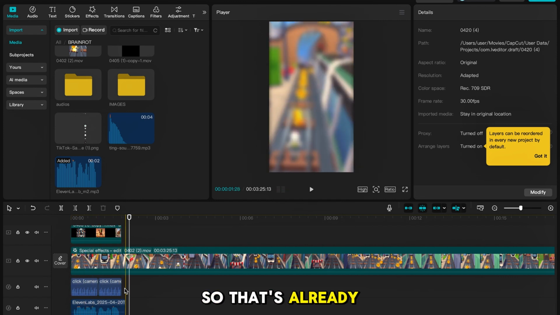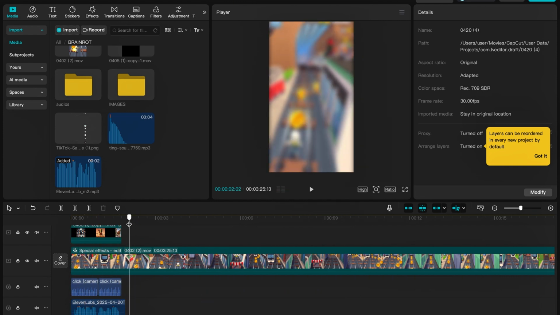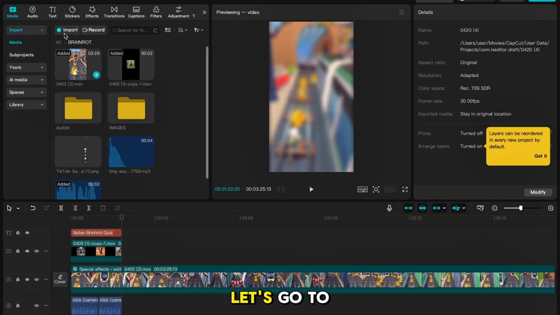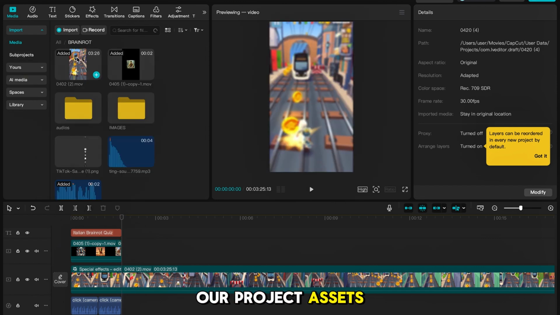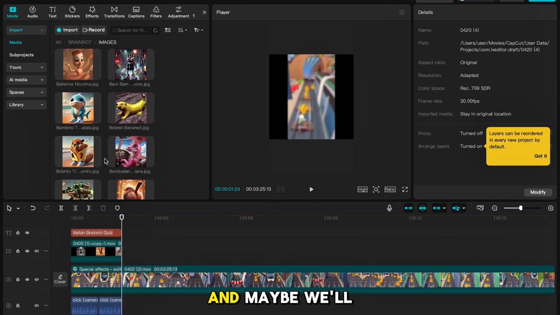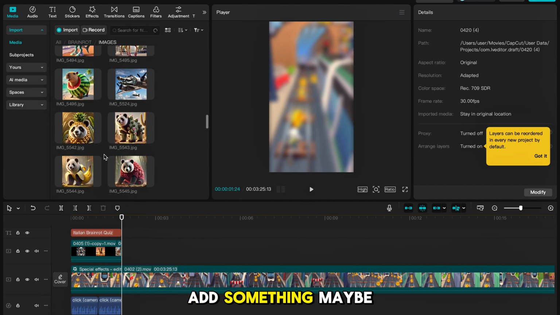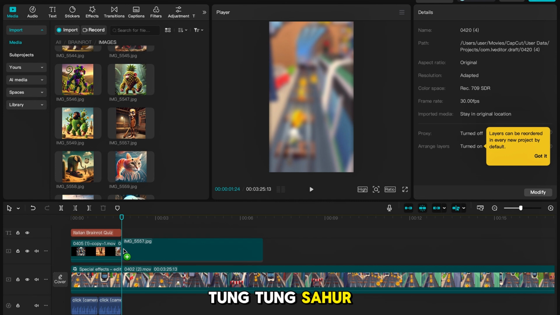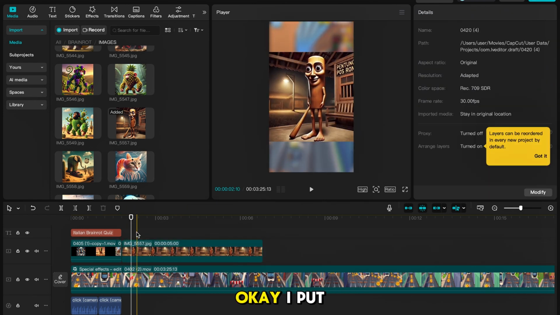So that's already looking good. Now we need to add images. So for this, let's go to our project assets, go to images, and maybe we'll add something. Maybe add tung tung tung sahur. Okay, we put it